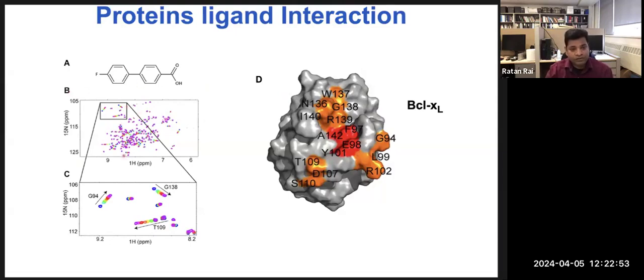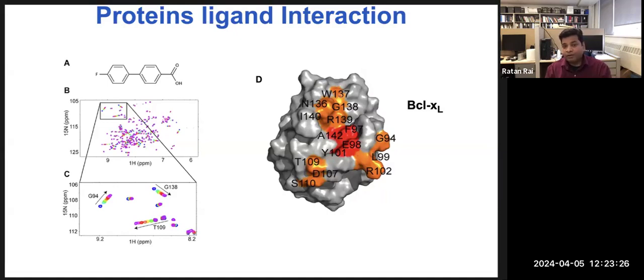And because we have the assignment, once we know which portion is binding, like glycine 94, glycine 138, and threonine 109, we can map all those resonances on the protein. So we can know that this is the one region of the protein which is interacting with our drug. Once we find that we have a small molecule interacting with our protein in a certain region,